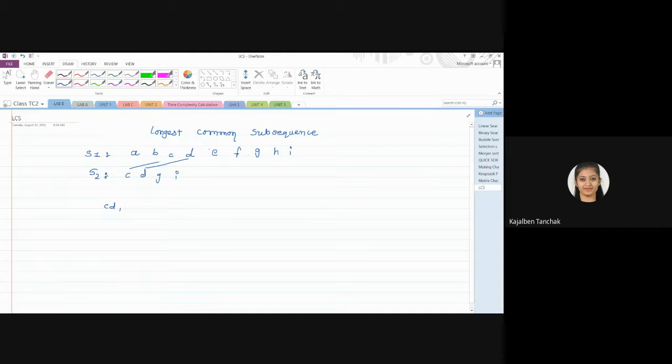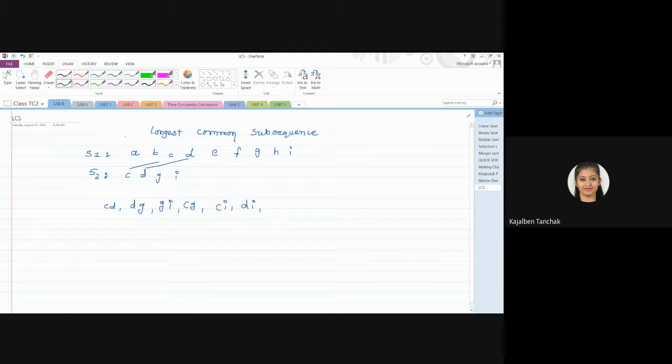So DG is also a common subsequence. GI, G and I, yes, it is also possible. Any other? Yes, CG, CI, right? Then DI is also possible. Fine. So these are the length-two common subsequences.